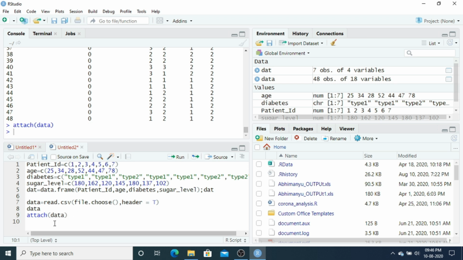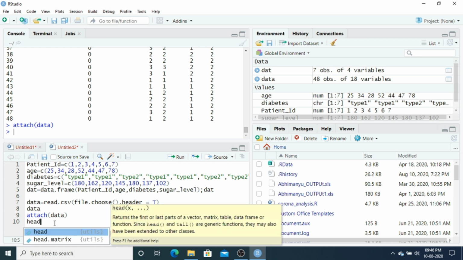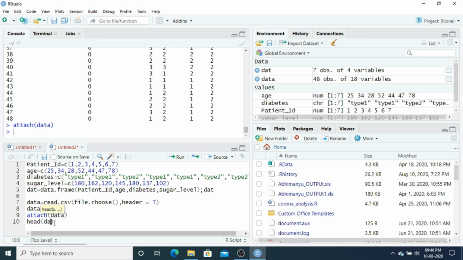Since you may find it difficult just looking at your data when you have large scale data, like here only 48, but if the number of observations is so large, like in thousands or lakhs, there also, if you want to see the variable names, you can use head(data).